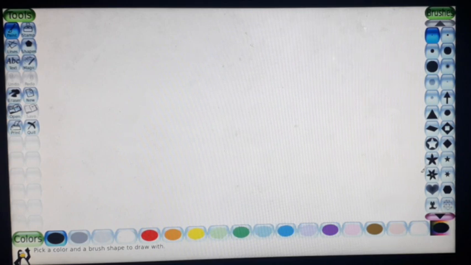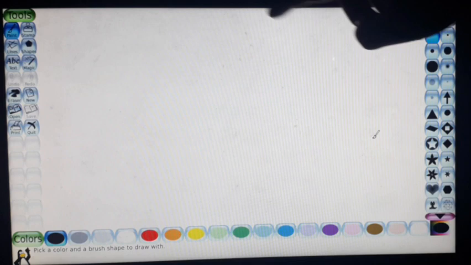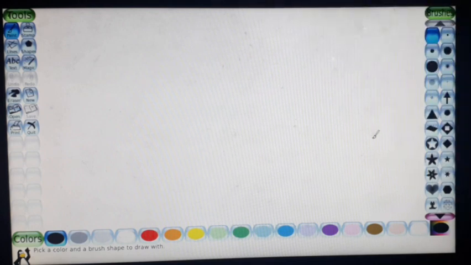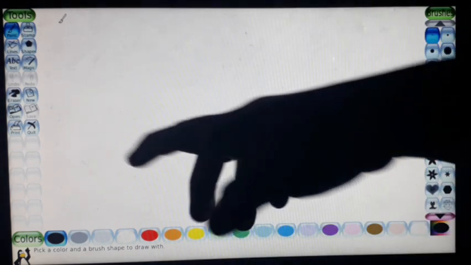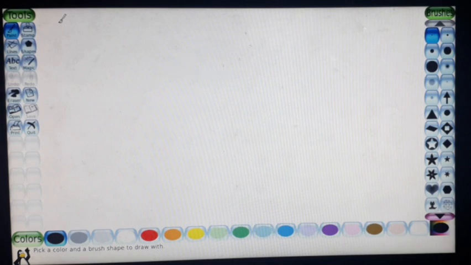Then the white area at the center is called the drawing canvas. The drawing canvas is used to draw the pictures. The right side is called selectors. When we select a tool from here, the selectors of that tool are present at the right side.